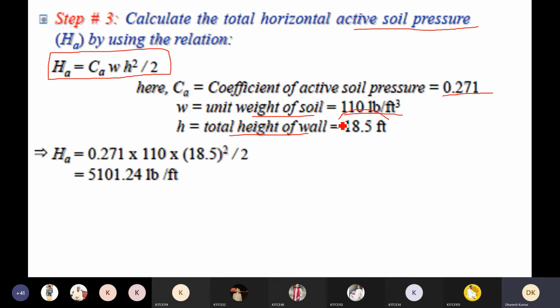Now you have to use all these values in the problem, so 0.21 multiplied by 110 then 18.5 squared over 2, so its value comes out to be